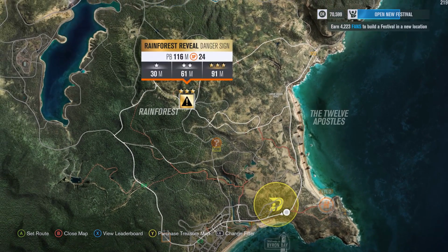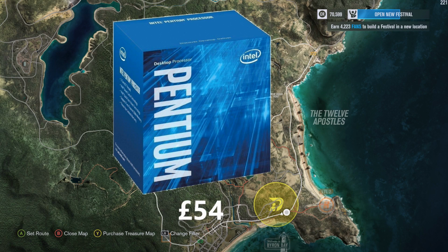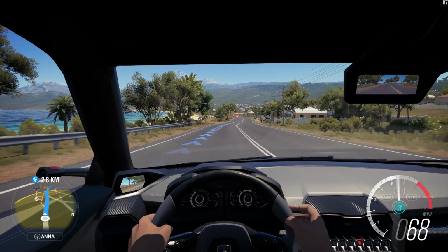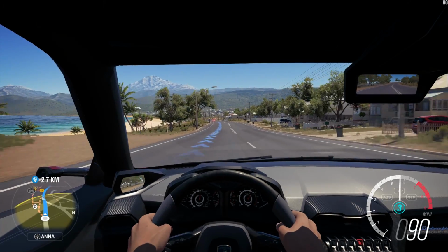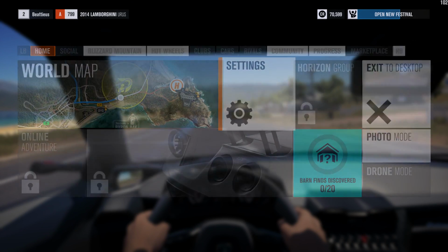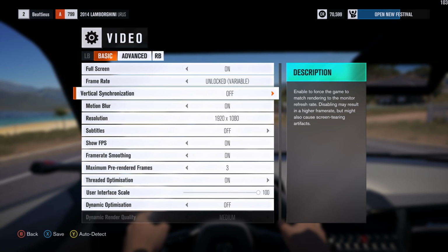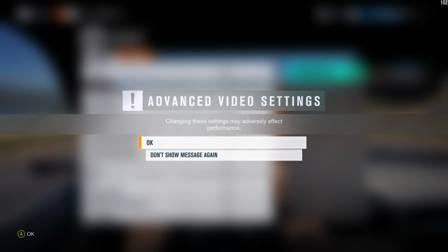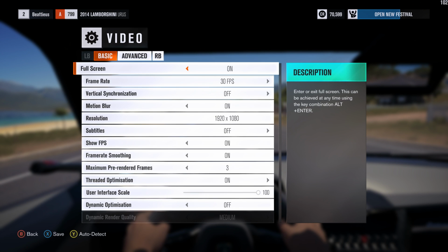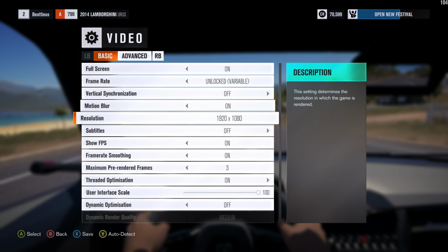Right, so we are going to start right now with the CPU, which is the Intel Pentium G4560. It's 3.5 gigahertz. It is a dual core, 2 cores, 4 threads, dual core with hyper threading CPU. Again, this CPU really is an amazing CPU for the money. It costs £55, this CPU, and it's fairly decent. It's pretty close to an i3 7100, and it is a Kaby Lake CPU